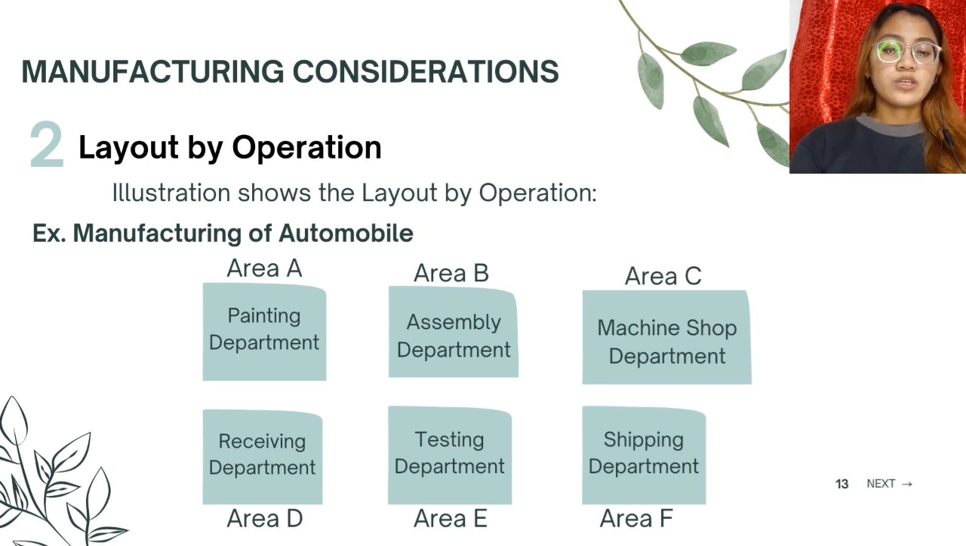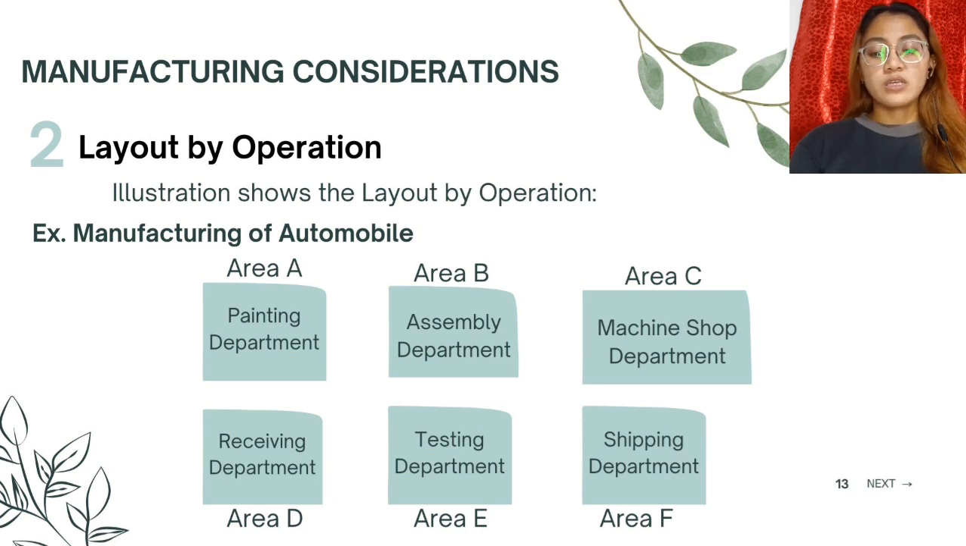So this illustration will show you the layout by operation. An example of it is the manufacturing of automobiles, which is done department by department. Like on area A, this is the painting department, and then after that it could go to area B, which is the assembly department, and area C is the machine shop department, and then area D will be the receiving department, and